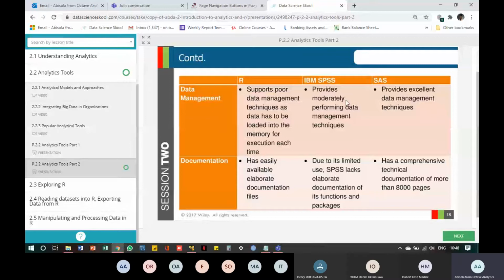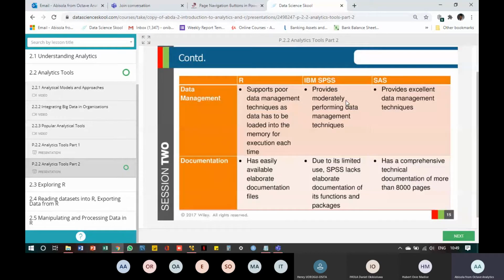SAS provides a good technique for that. In SAS, you can build data warehouses. It helps you with your data governance. You can get a place to accommodate all your data on your SAS software. But for R, you cannot build data warehouses. You have to load data into the memory every time you want to execute. Even if you've used the data before, you have to load it again anytime you are coming into your R interface. But for SAS, you can have a data warehouse that houses this data, and then you don't have to load it every time. It is already in that data warehouse. You don't have to load it into memory again.